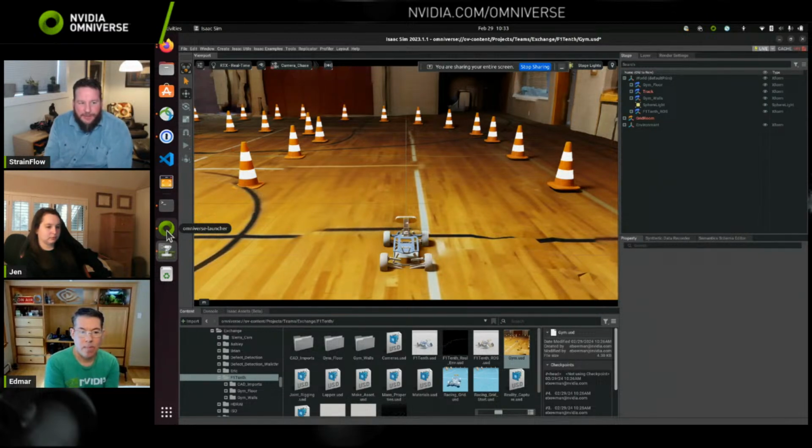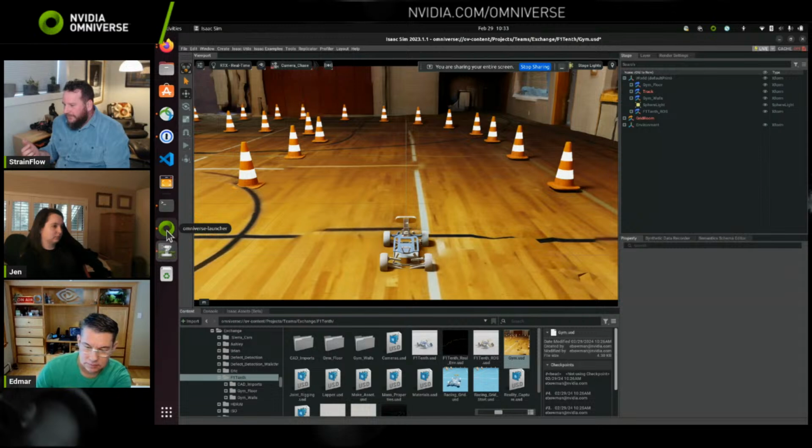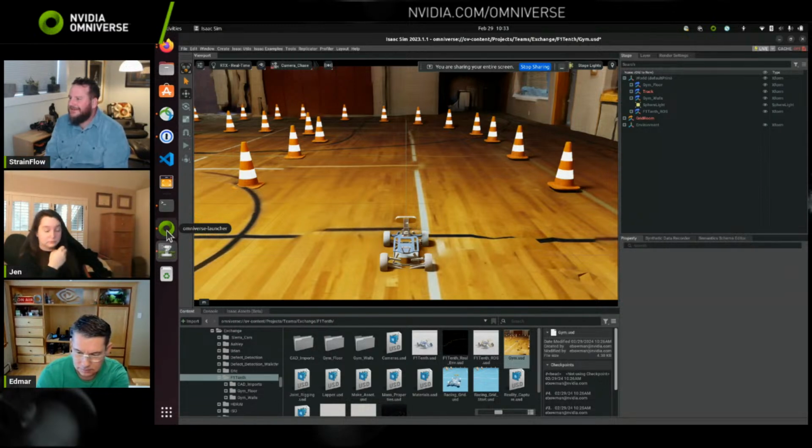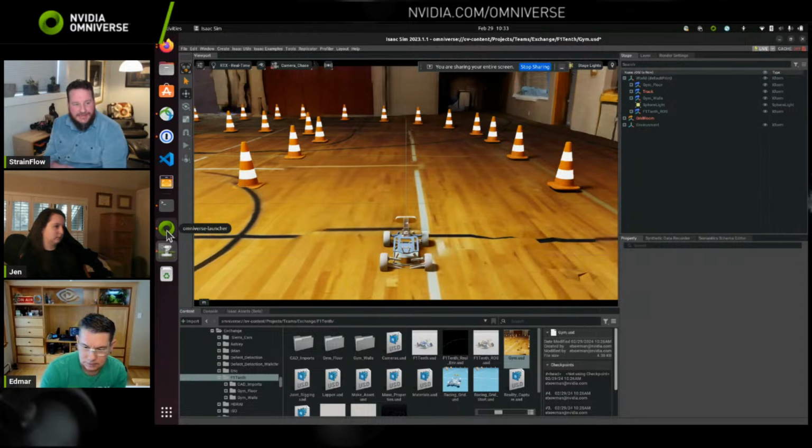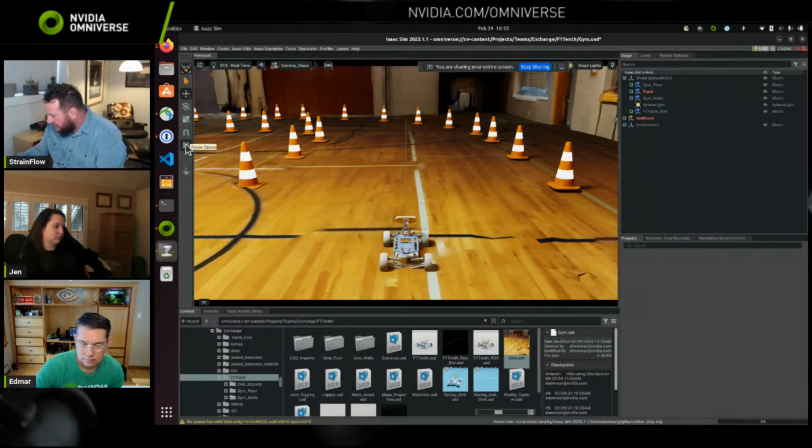Like if we can get away with a really low fidelity model, then that's what we should use. We shouldn't spend all this time trying to make a perfect photorealistic model if that's not what we need, right? And really we're teaching it to recognize these objects, these cones, that's the key. So let's see if this works first.